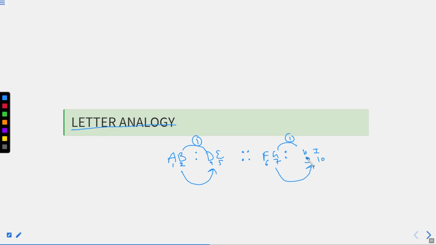I hope this part is clear. So H will be missed, and I and J will be the answer. You can see that we have followed a certain relation here: addition of 1, or we can say we have skipped 1. Similarly, for EF, H will be replaced by I and J. So this will be done in this manner, and we are going to deal with these kinds of questions further.